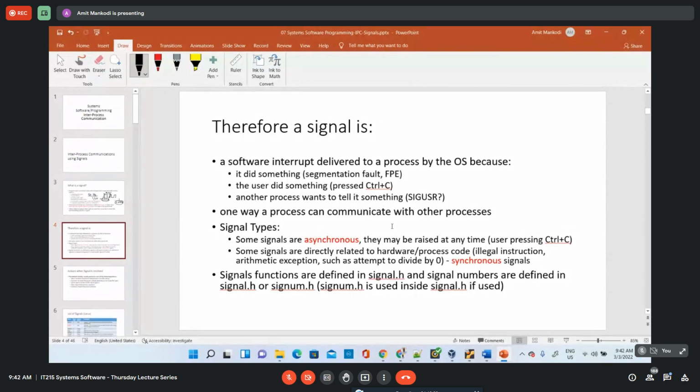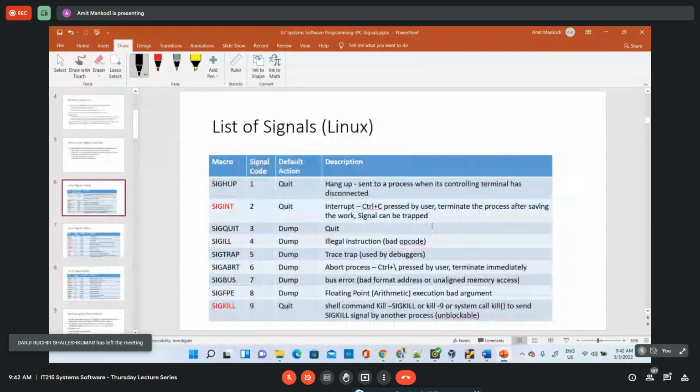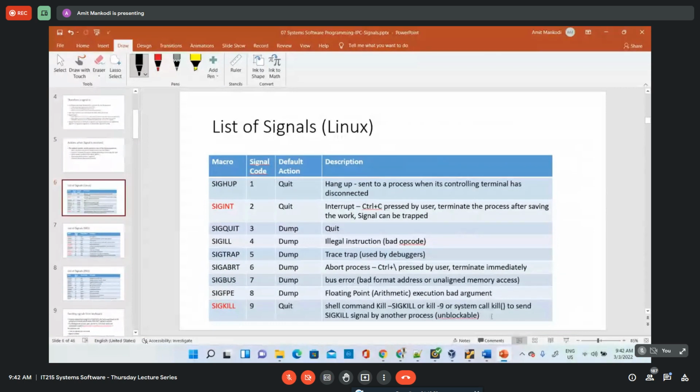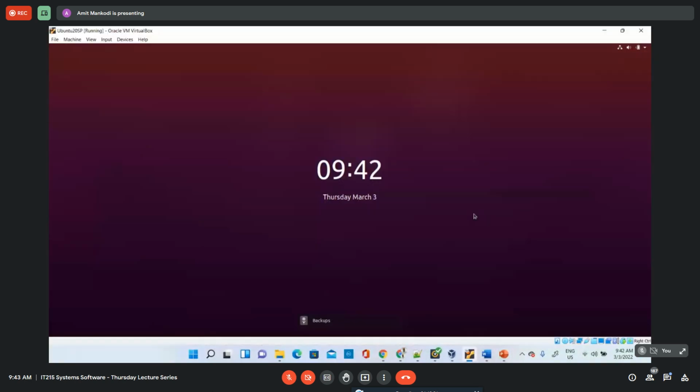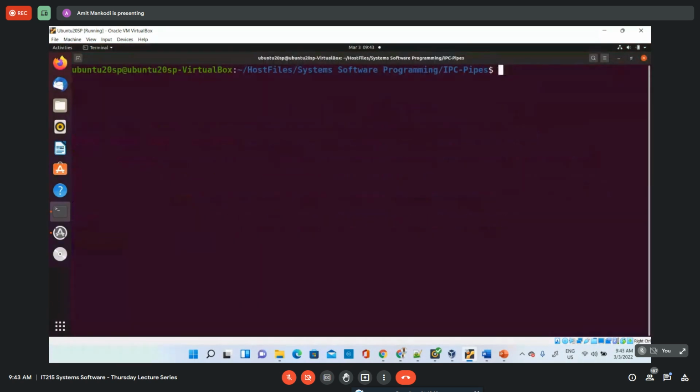signal. Now, the different signals which are available are in a couple of header files, and the list of the signals is in slides number 6, 7, and 8. These are the signals which are there in our operating system, and what we can do is go to the file system, the Ubuntu file system. We can do locate and then